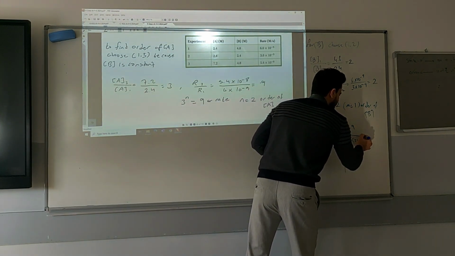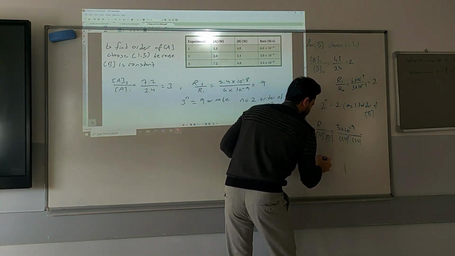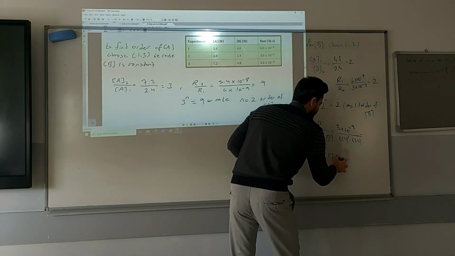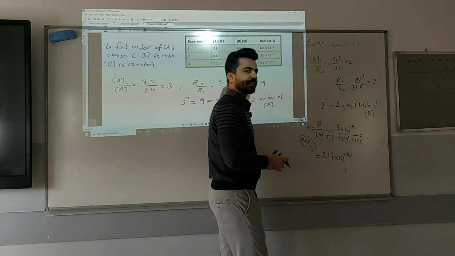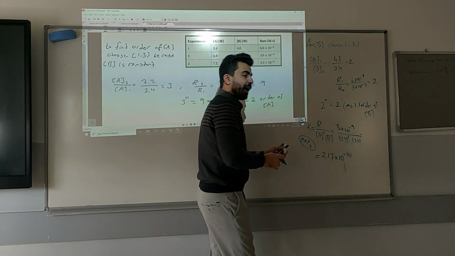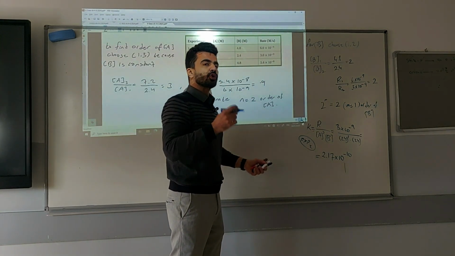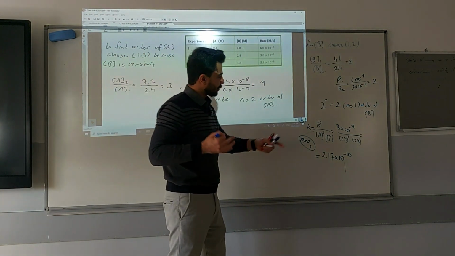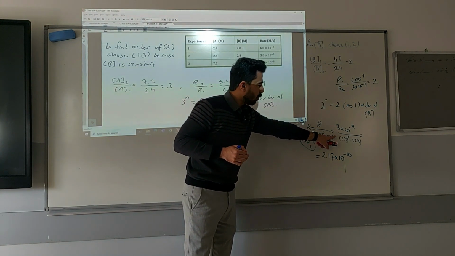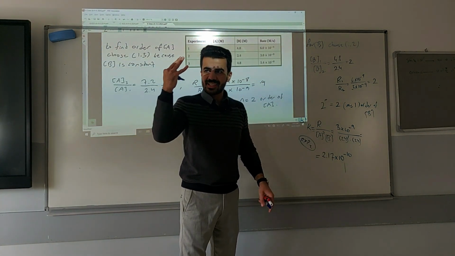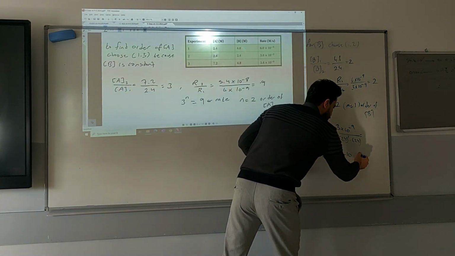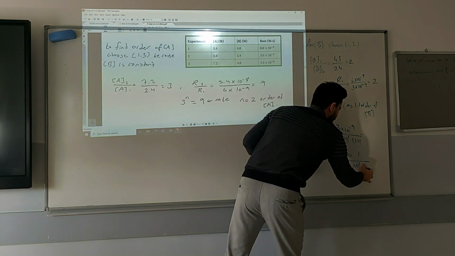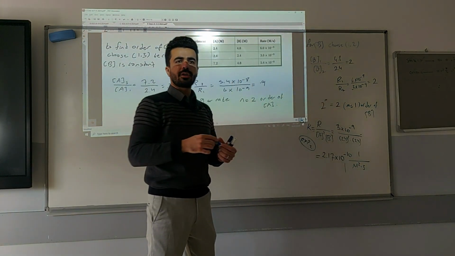So the answer is 2.17 times 10 to the power of negative 10. And what's the unit? Total order is 3. 2 for the A, 1 for the B. So total order is 3. So the unit will be 1 over m squared times s, or m to